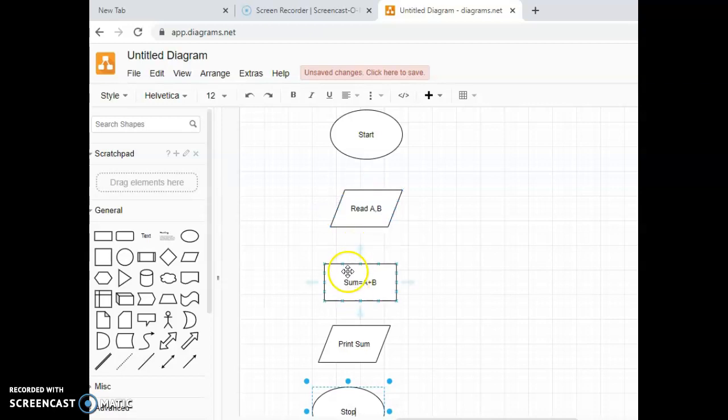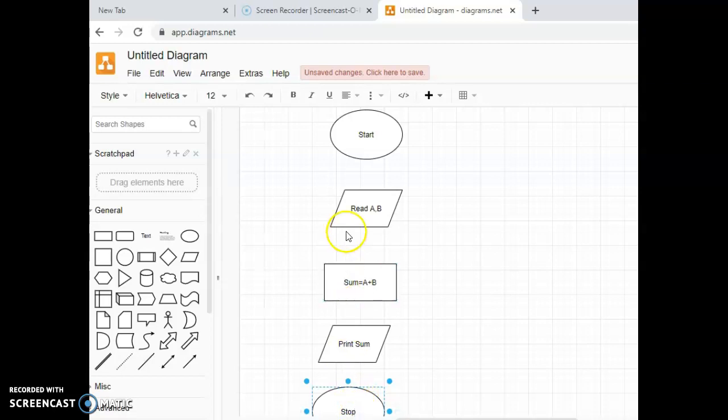The next step, we are going to perform the process. The process is any required operation. So that is basically performed under your sum. Sum basically indicates we are going to add two numbers, that is A plus B. So it is represented by the rectangle. After we add the number, then we are going to print the result. It is print sum. We are going to end the flowchart by making use of a terminal symbol which indicates the stop of your particular program.